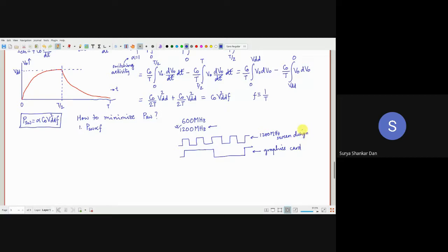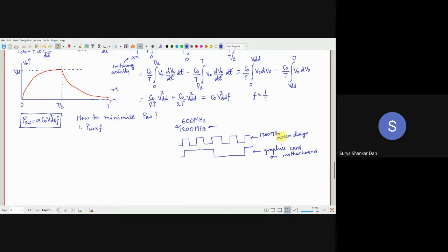Okay, so graphics card on motherboard. I'm showing you one very, let us rather say, lame example, but still this is what you can always think of. Suppose you are an IC designer and you are thinking that I will have a much faster refresh rate, so to speak, of my screen design.